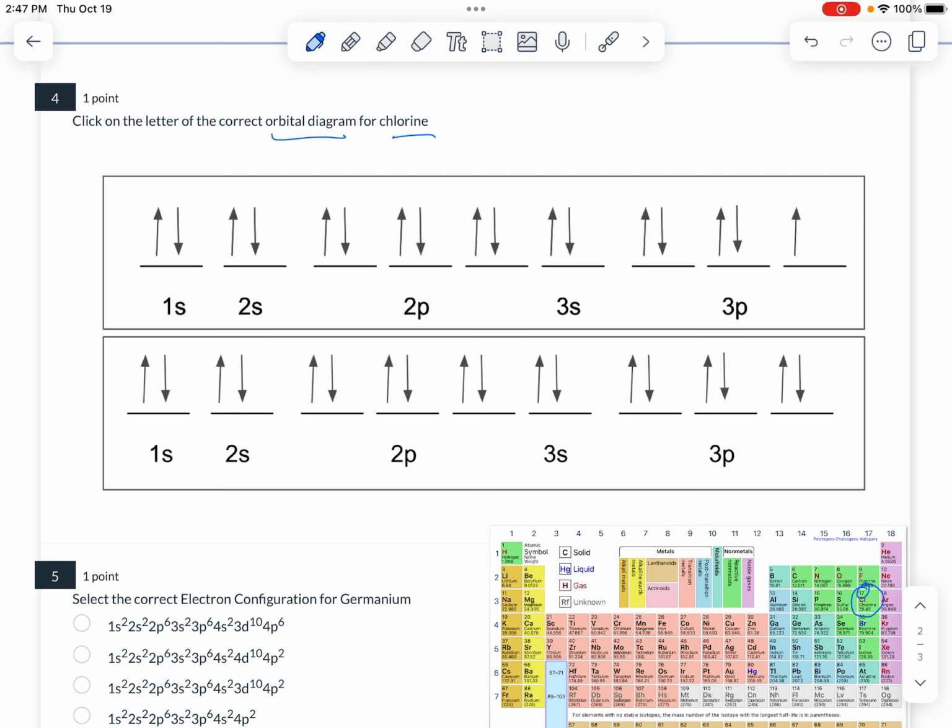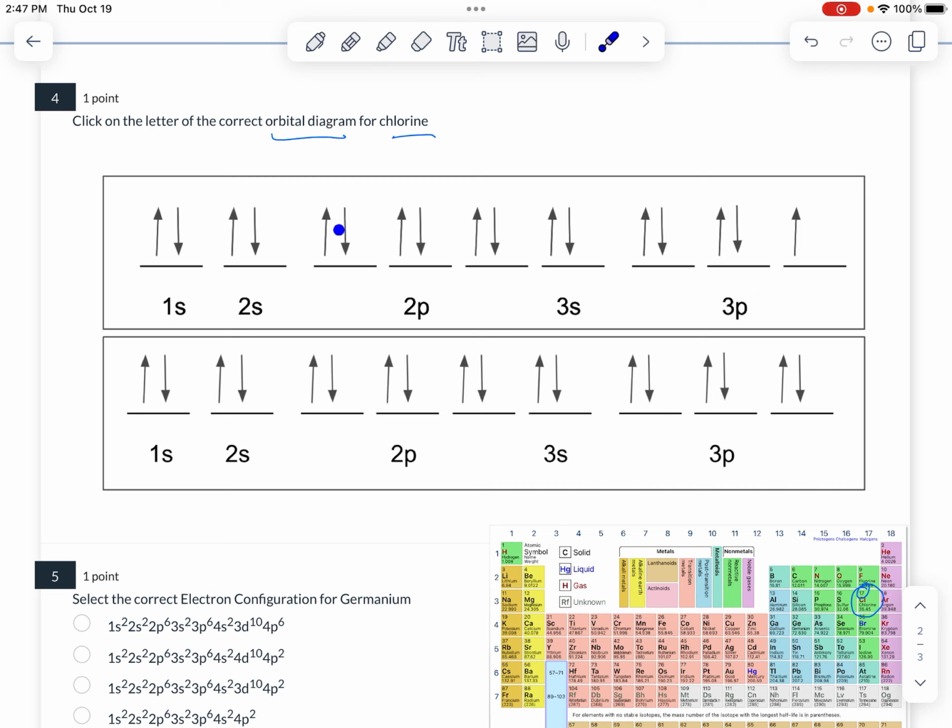So that 17, the atomic number, tells us protons, but in a neutral atom it also tells us electrons. So we count these up and we see that both of them have 17. So the issue is not how many electrons we have. The issue is this. When we get to this 3p energy level,